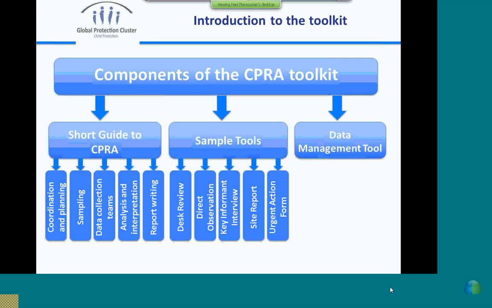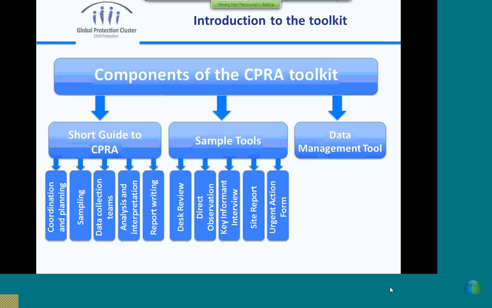Of course, that might not come across as very clear, and it's normal. It's a slightly complicated thing to just fit into a short briefing. So hopefully you will have a chance to go through a training before you actually have to plan and implement CPRA, and you'll get to know more about this. But if not, there is information in the guide about the site report, and there is information about the site report within the sample tool. So right before the site report part of the sample tool starts, which I believe is Annex 4 of the sample tool document, you will have a little bit of a guideline of how site report works and what it is for. And the last part of the sample tools is an urgent action form,